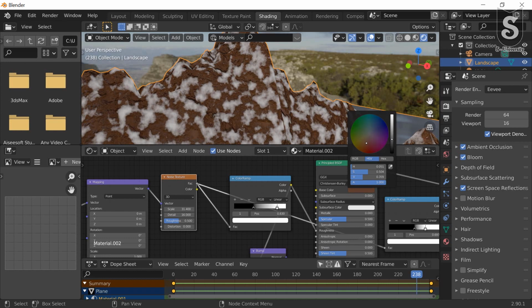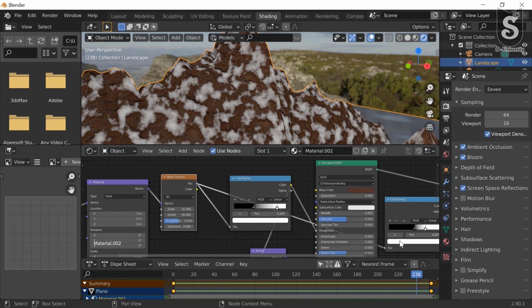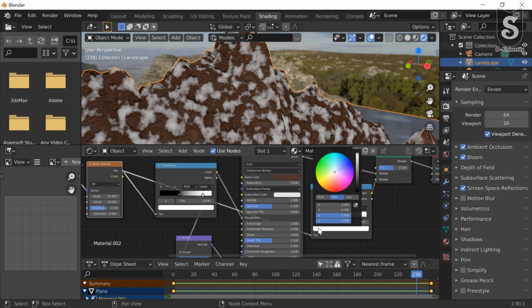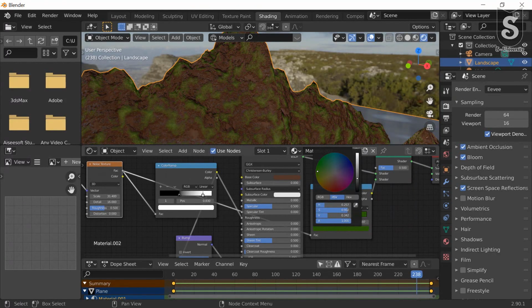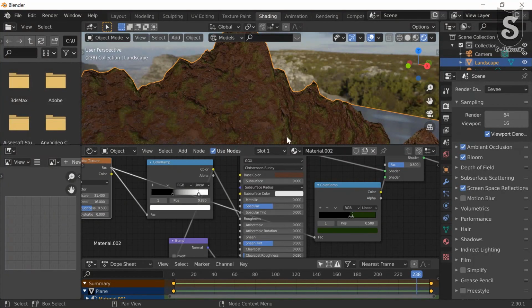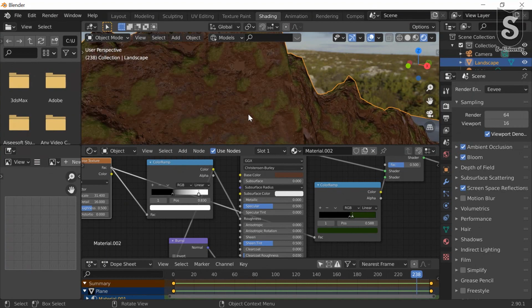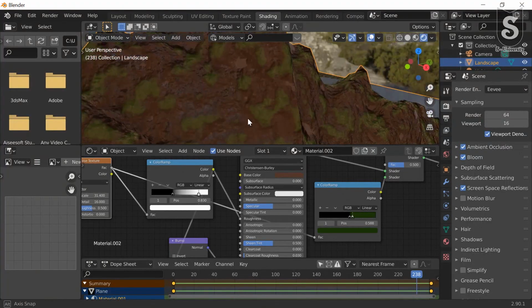Make it more darker. Now change color and color to grass color. Make it a little dark. Okay, now it looks like a realistic mountain.